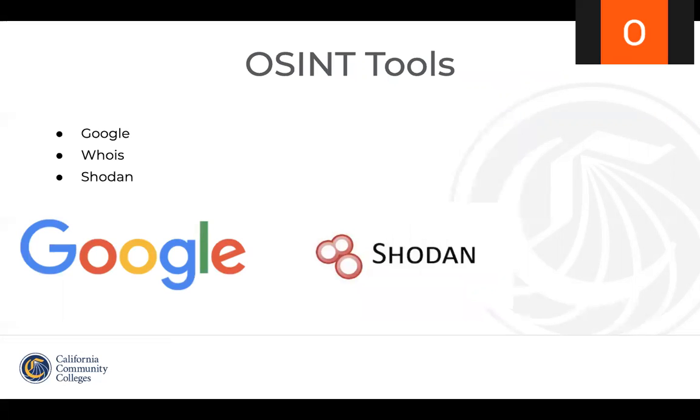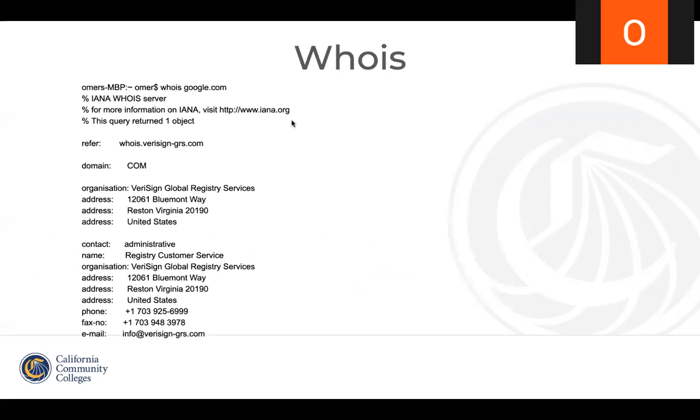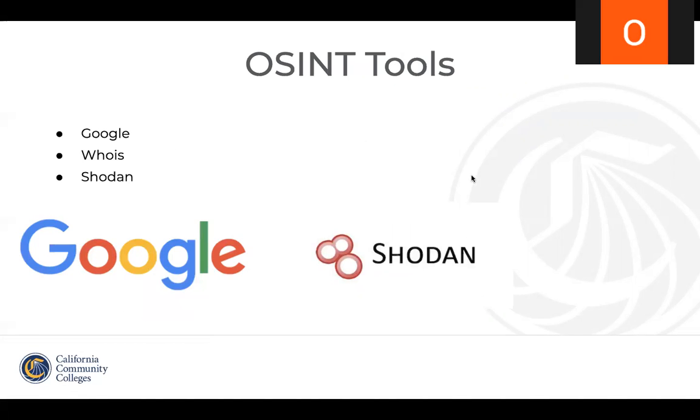So there are different tools or methods an attacker could use to conduct OSINT. There is a simple whois lookup command where they can find information related to the target organization's domain or registrar. That would look something like this. There is also a tool called Shodan, but this is mostly for finding out information related to networking, such as ports that are left open to the internet belonging to a specific domain or IP address. A social engineer is most likely going to use Google dorking to obtain information on a specific target.